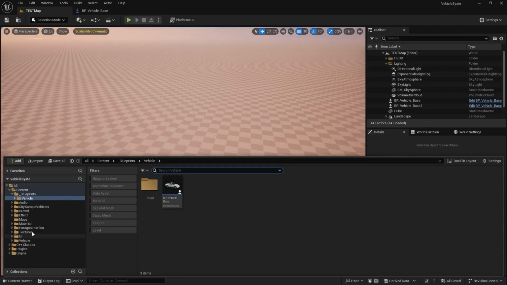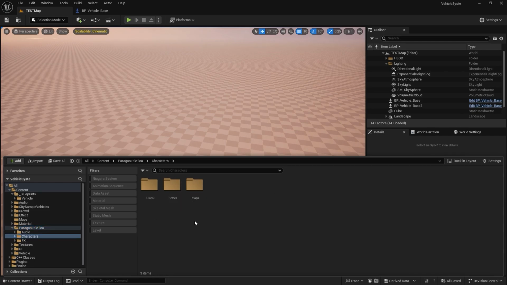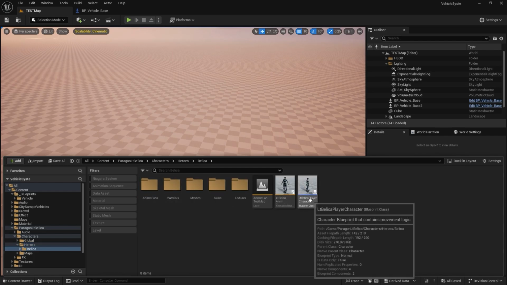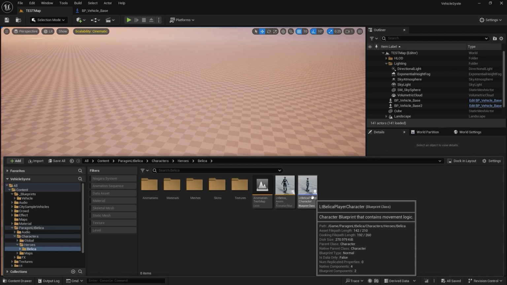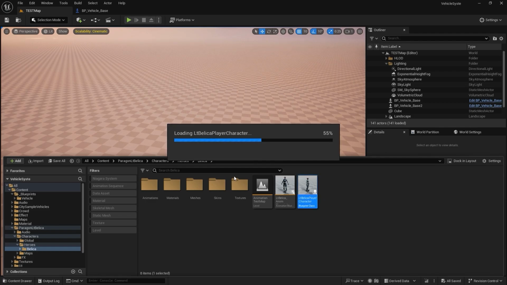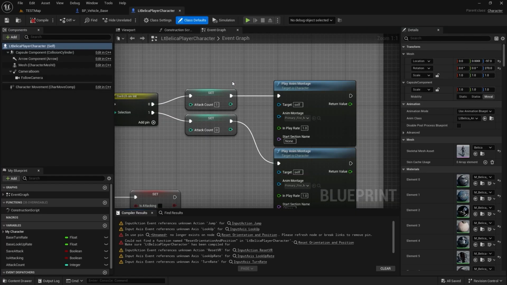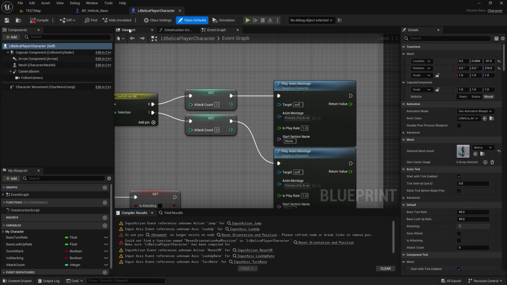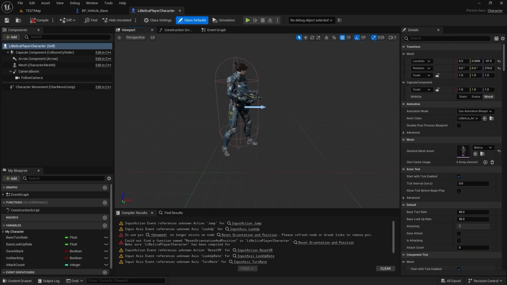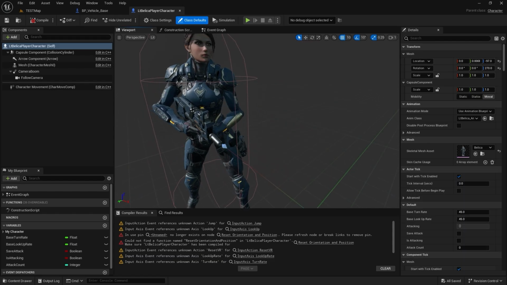And if I come here, we have the Bleka in here. And if I come here to the character, here we have the heroes. And if I come to the Bleka here, you can see we have this LT Bleka player character, and this is a blueprint class. So if I open this one, this is based on character class. And if I come here, you can see we have the character in here and everything is just fine,